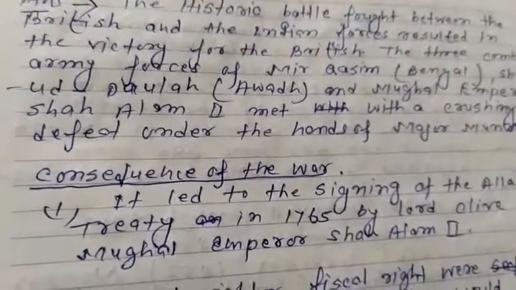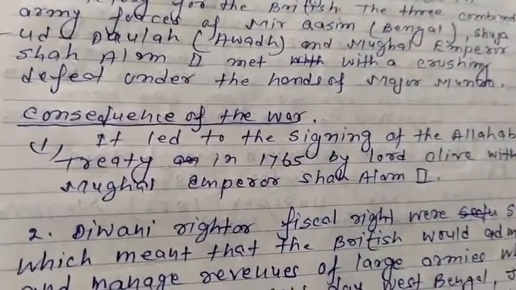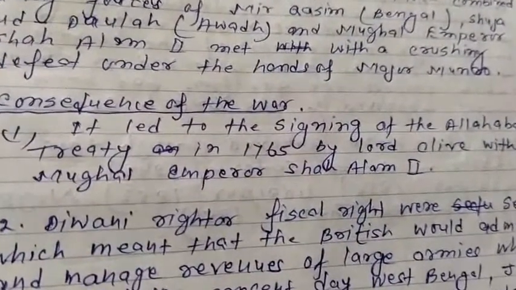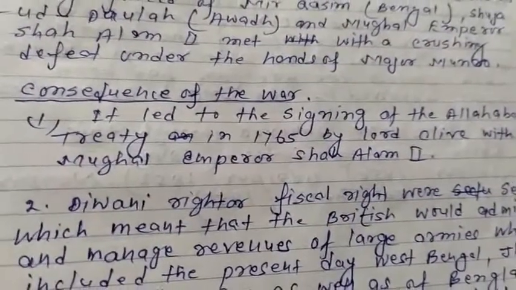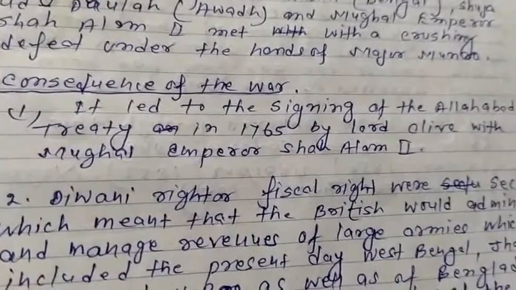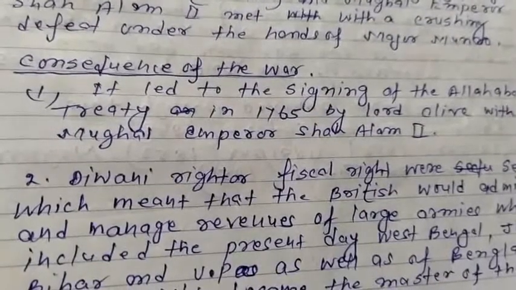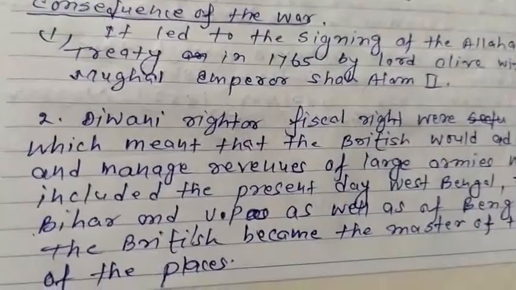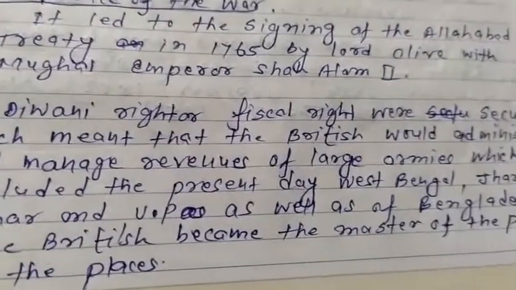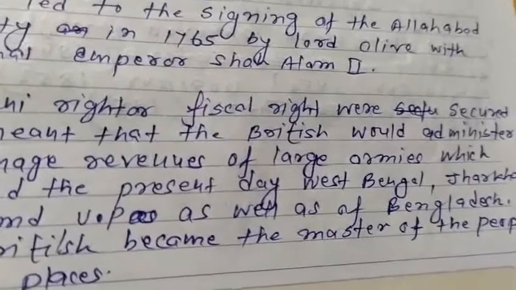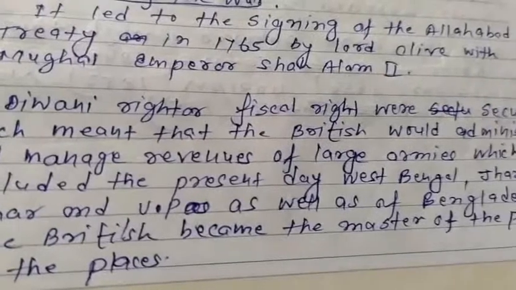Now come to the consequences of the war. It led to the signing of the Allahabad Treaty in 1765 by Lord Clive with Mughal Emperor Shah Alam II. Second, Diwani rights or fiscal rights were secured, which meant that the British would